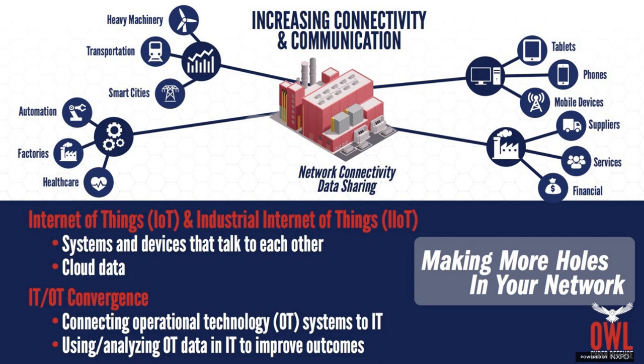As you think about the different types of connectivity and entities you're connecting, if you think about the Internet of Things, the industrial Internet of Things, and IT and OT convergence, all those things are building and creating lots and lots of connection points, lots of sensor data, information that needs to be monitored. But each of those is making a hole in your network. Right? Each of those has penetrated your perimeter defense and has created a potential threat vector.